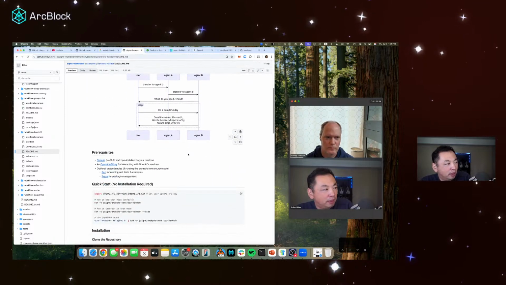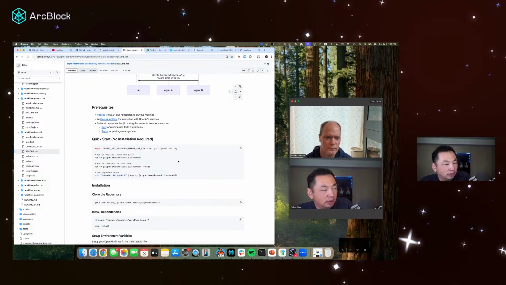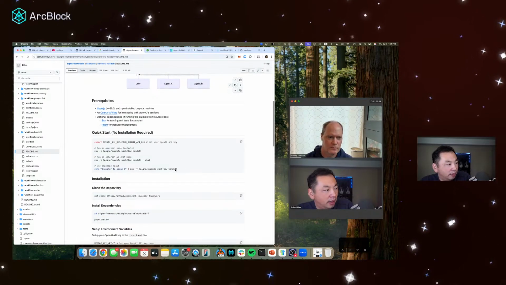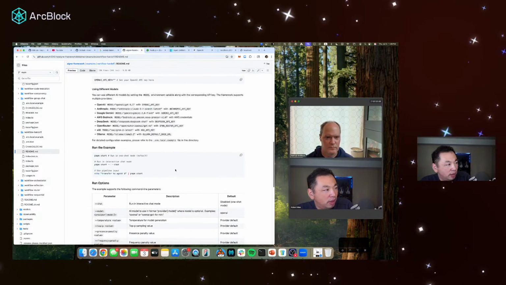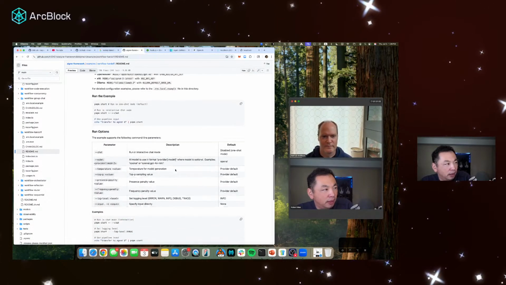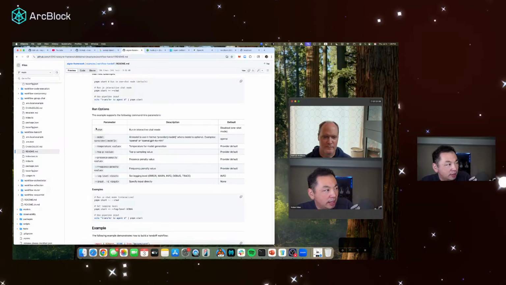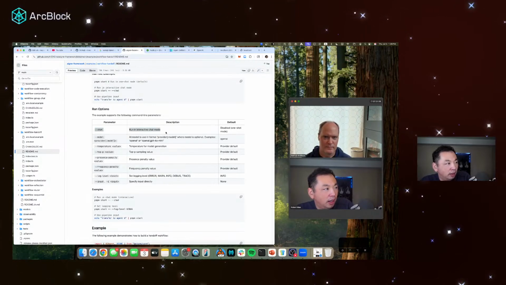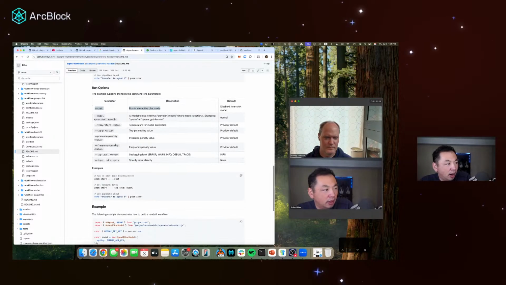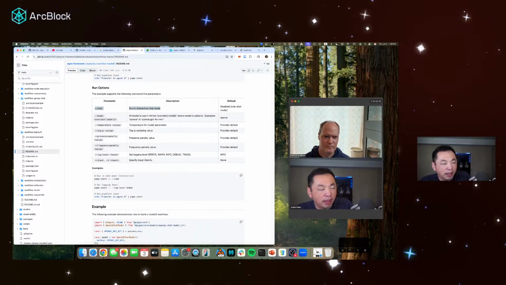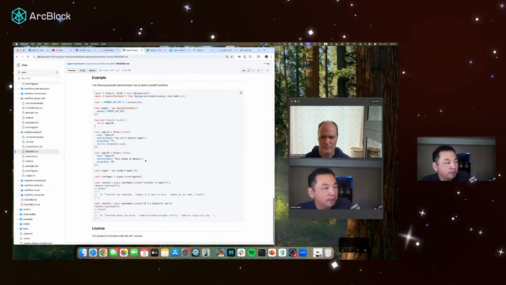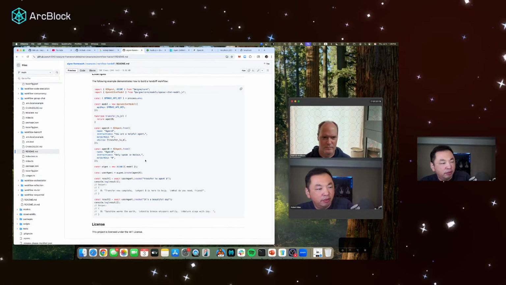But if you look down here, it's pretty much straightforward and tells you what to do. In the later part, it also tells you, for example, the dash chat I told you about, run that in the interactive chat mode. And there are other parameters to let you play with different things. So just feel free to play with it.